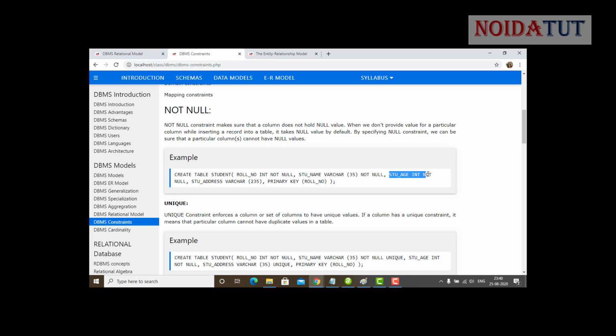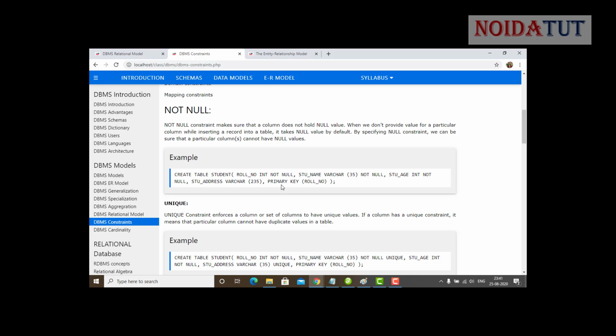Now student age int not null, student address, primary key roll number. We will be discussing the different keys in the table later. When we create this table student, there will be roll number, student name, student age, student address, and the primary key of the table will be the roll number.